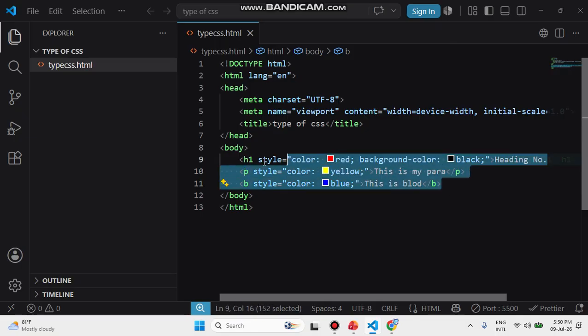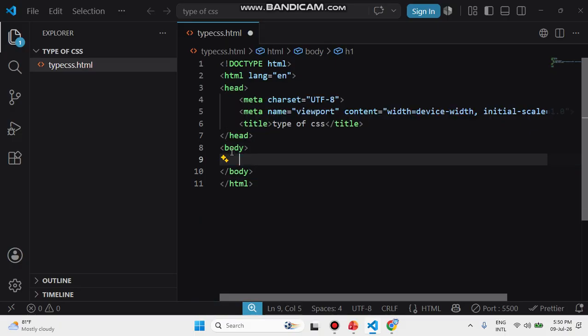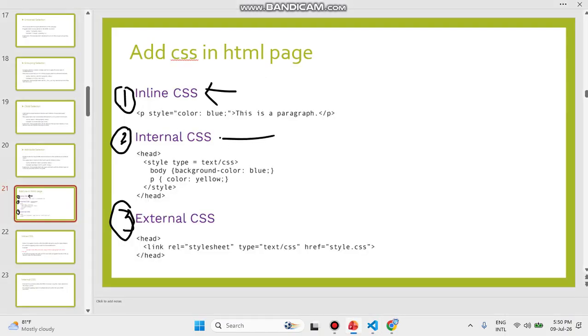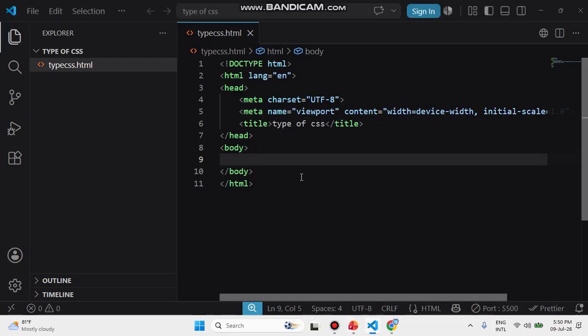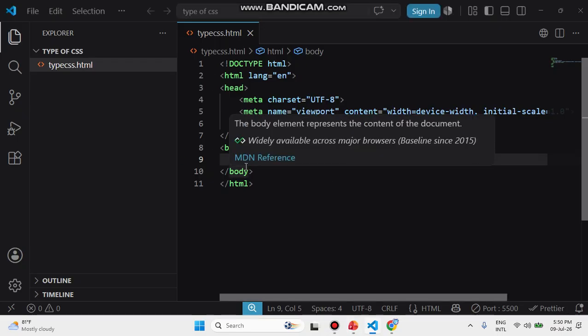Now let me remove these things and add another type, called internal CSS. Previously we learned and just completed inline CSS, and now we are going to learn internal CSS. How can we apply internal CSS? Let me take the